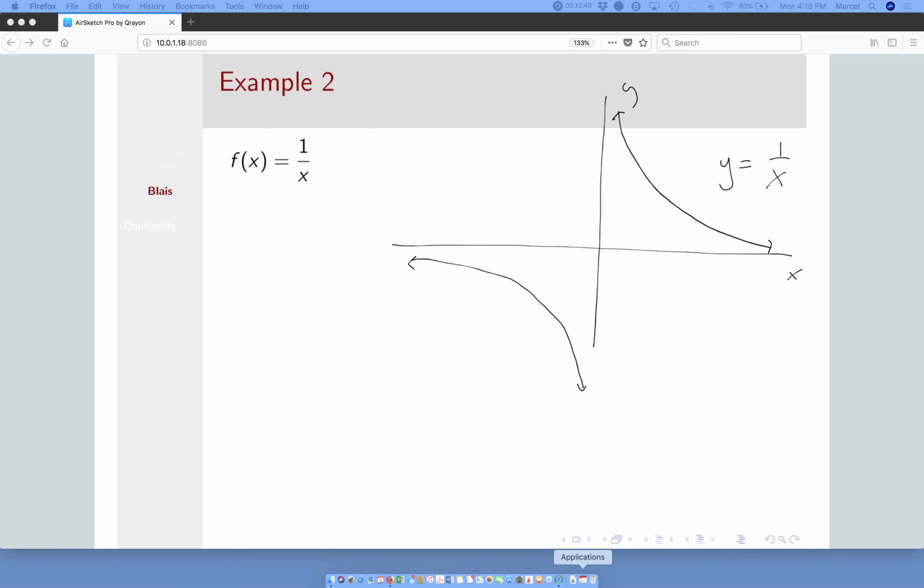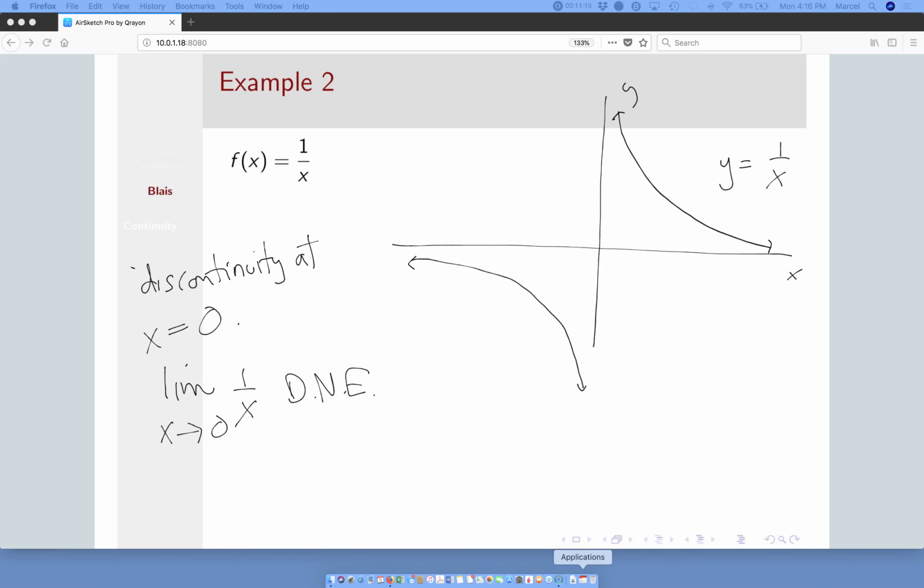And we see that it has an asymptotic discontinuity at x equals 0. And going back to the definition of continuity, the limit, in this case, as x goes to 0 of 1 over x,